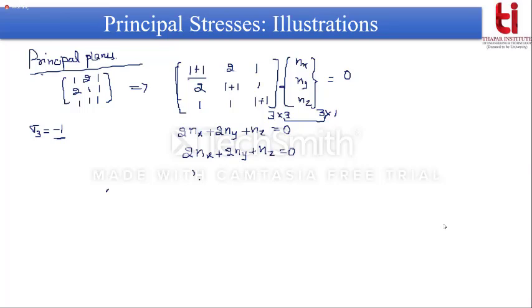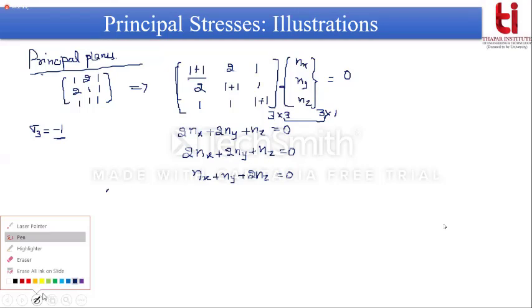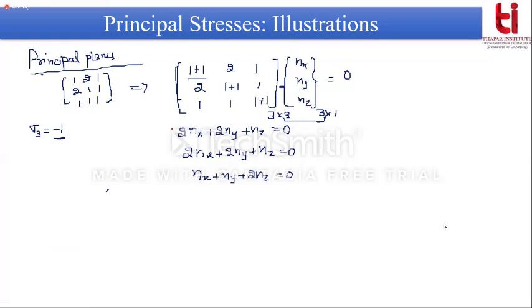Okay, and nx plus ny plus 2nz is equal to 0. So these are the three equations. Now coincidentally, the first and second equations are exactly the same. If we see that the first and second equation are exactly identical, that means we have actually two equations. In case they are not identical, still we cannot use these three equations to get a non-trivial solution. A non-trivial solution means a non-zero solution.